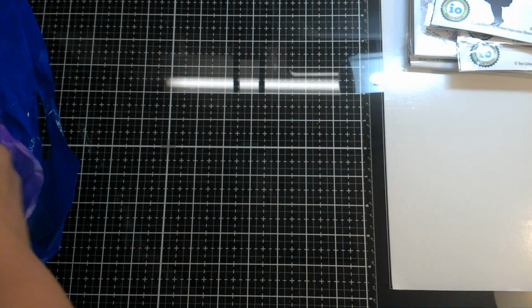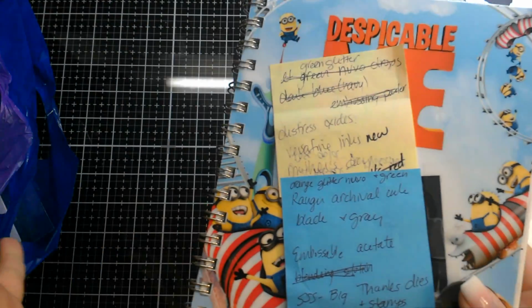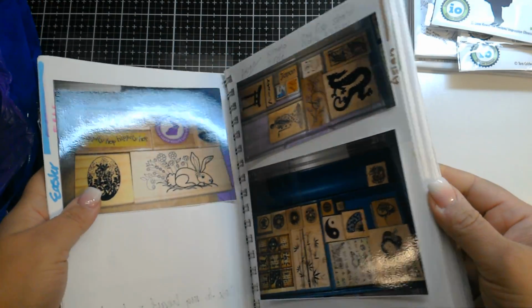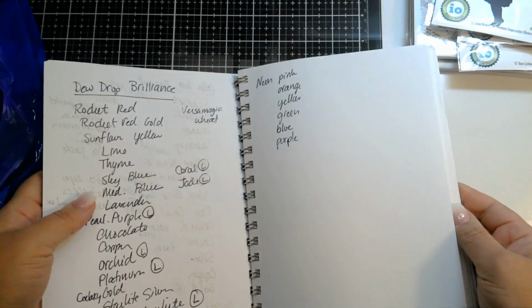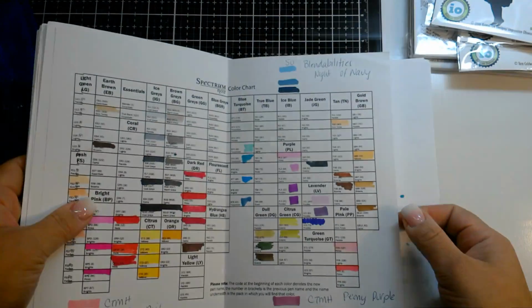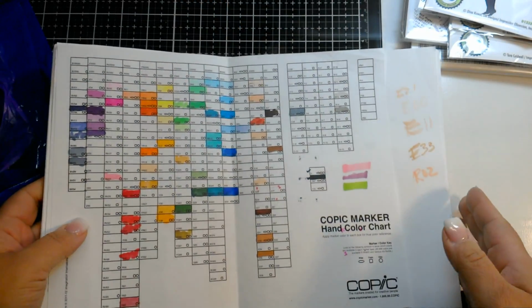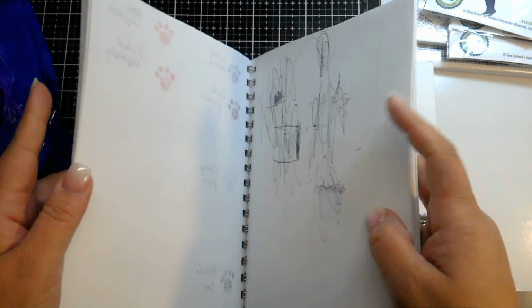And for those of you who have never seen my inventory book, I show it every time I go to a haul. So this was my shopping list of things I needed to get. I have in here the list of stencils, my ink colors, my Copic markers. So when I go to these shows, I know that I don't want to buy what I already have. So I take this little inventory book with me